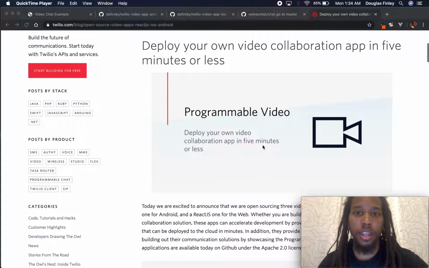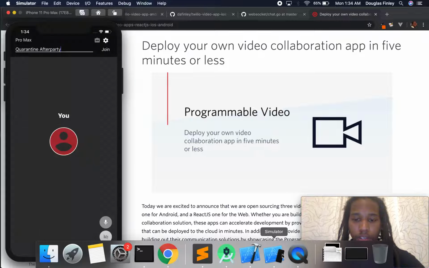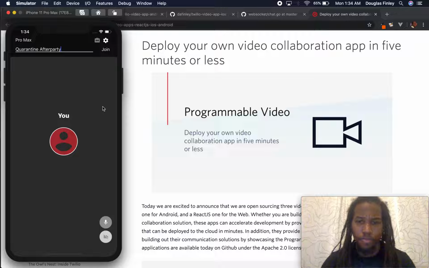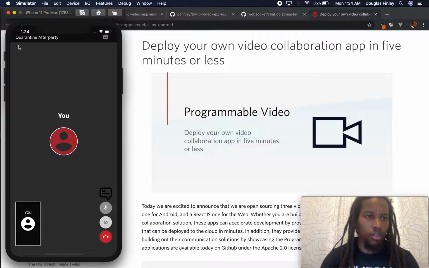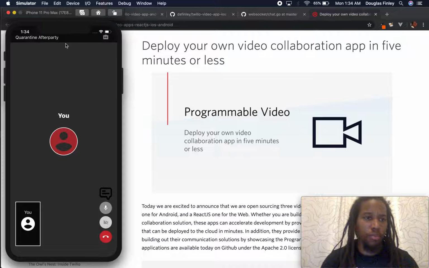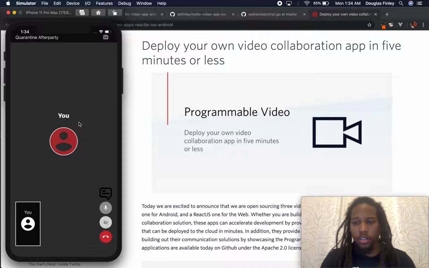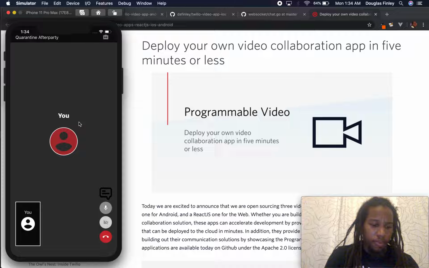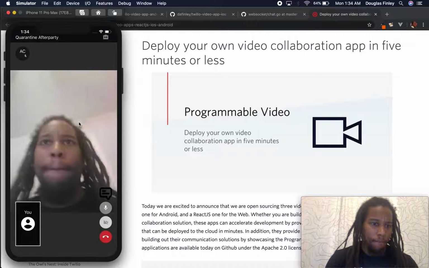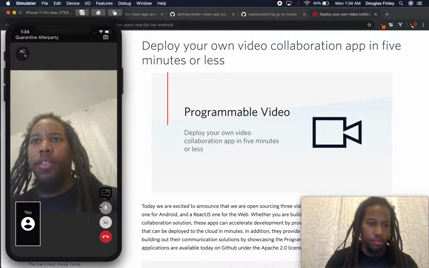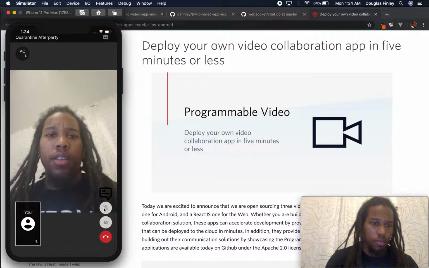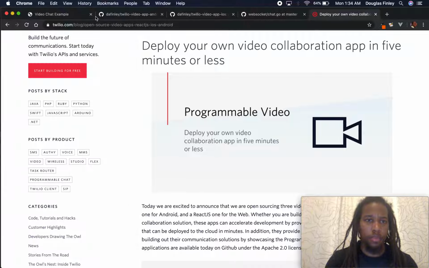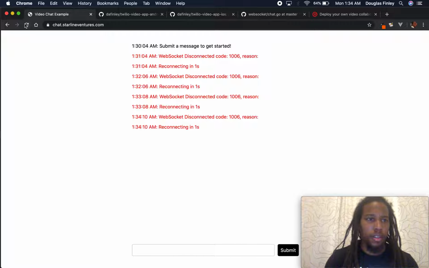So let's look at the app itself. I got a simulator here. So if I join, the user is Pro Max. We're joining a room called Quarantine After Party. So I'm going to take my phone, I have an Android here. All right, so let's cut audio. So you see my video, and I'm going to ping into,